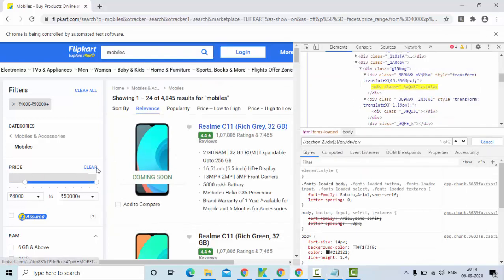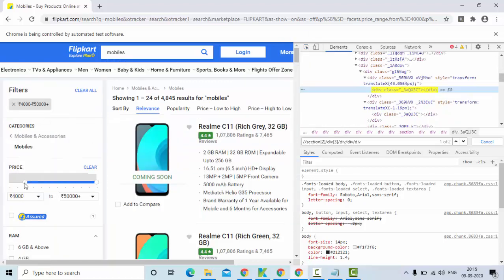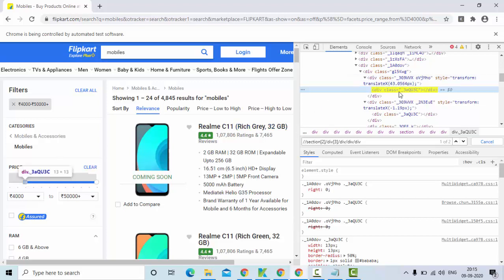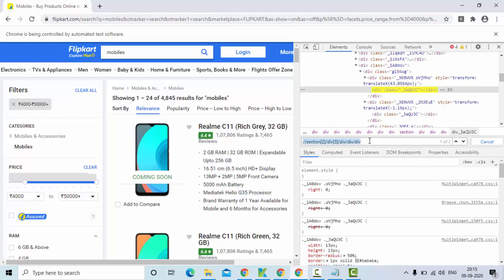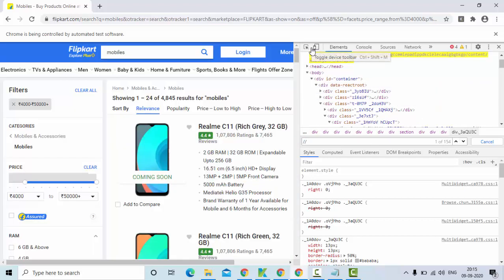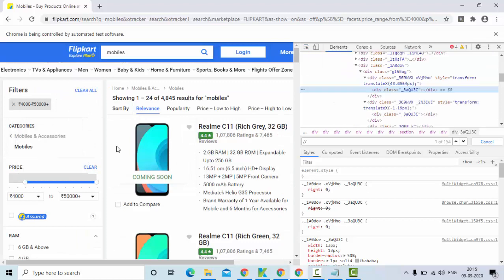Yes, you can change. So if you observe, this is one end of the slider. I'm trying to get the XPath, right? So if I just click on it, this is my class variable. So I'll try to create a customized one based on the class variable here. So just take this class,